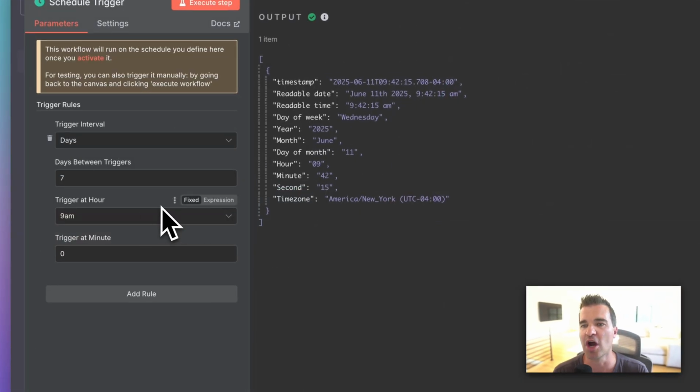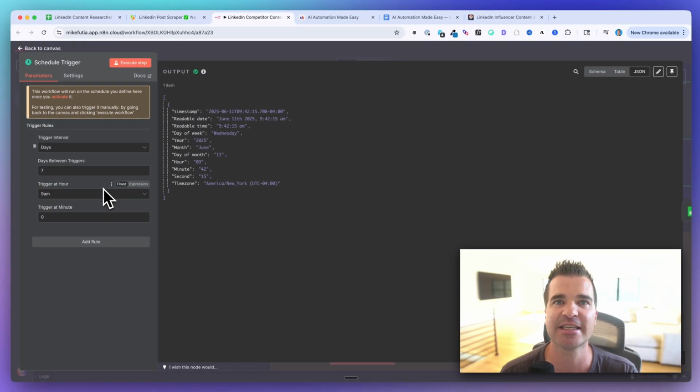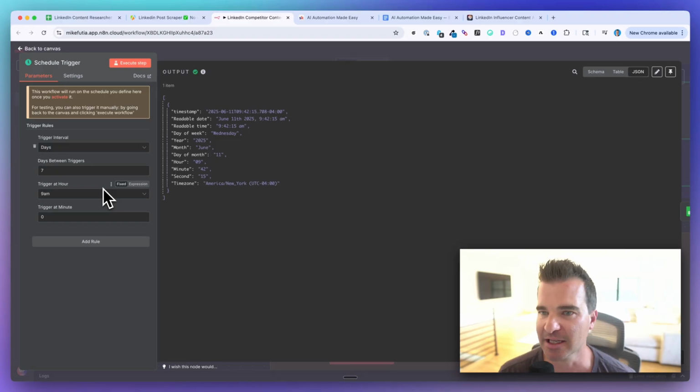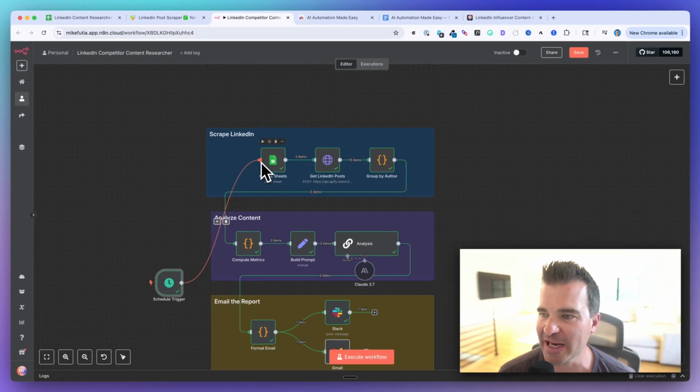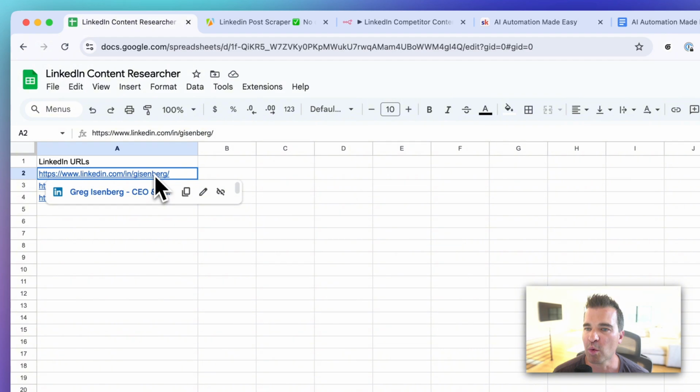So this is set to run once per week. I think that's a nice cadence for analyzing people on LinkedIn. So I've got a schedule trigger here. It's going to run every 7 days at 9 a.m. Then it's going to read your Google Sheet to see what profiles you